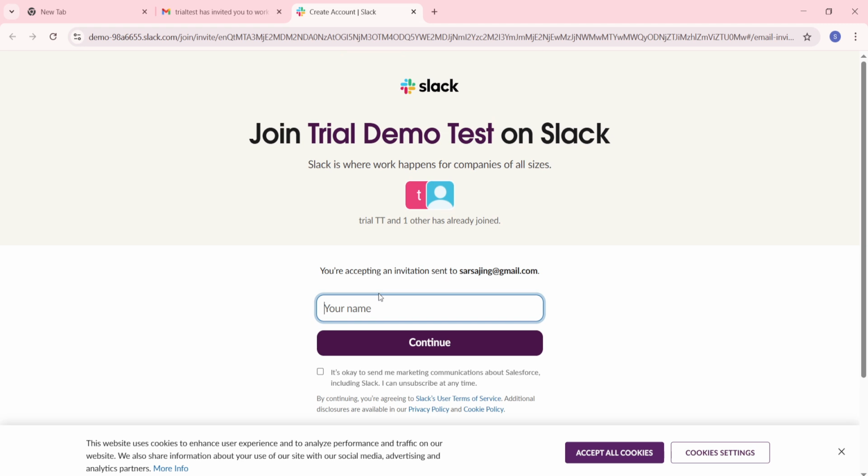On mobile, tapping the Join button will open the Slack app if it's installed. Otherwise, it will open in your mobile browser and still work just fine. That's it. Open Gmail, open the invitation email, and click Join. Once you've done that, Slack's